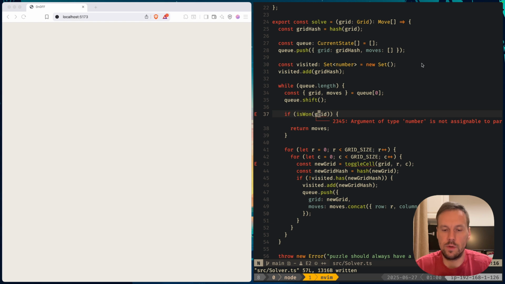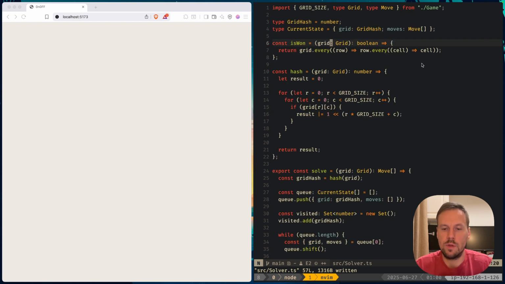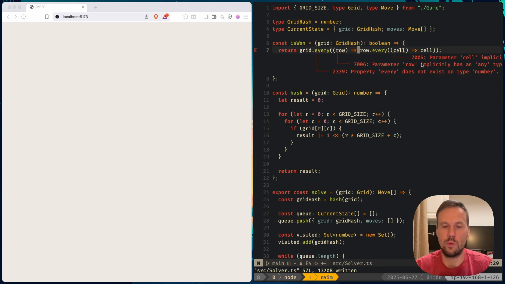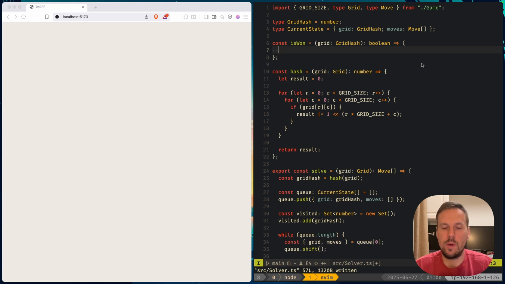We can say is1 grid. Is1 now works with grid hash. So we cannot now go row by row and check every cell whether it's true or false. Pretty much, because we have 16 bits: 1 2 3 4, 1 2 3 4, 1 2 3 4, 1 2 3 4,